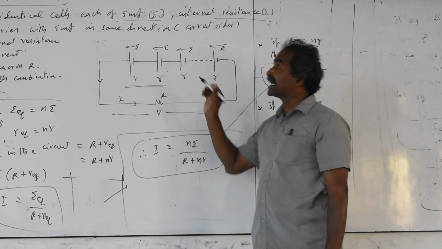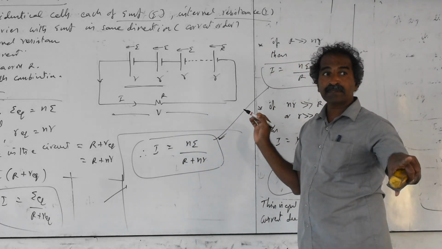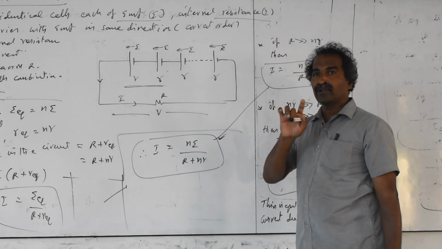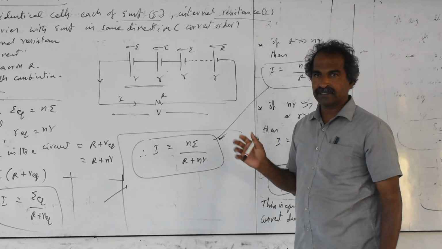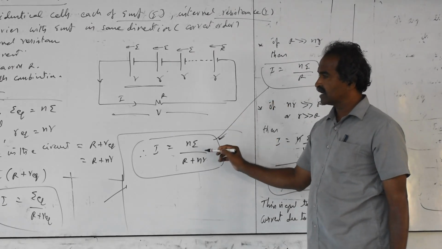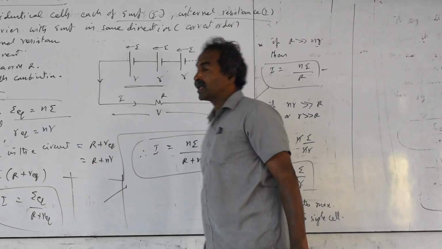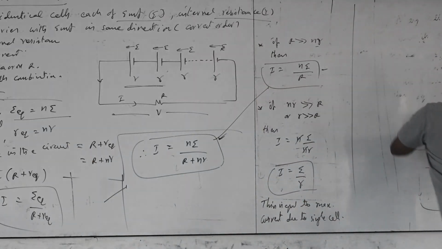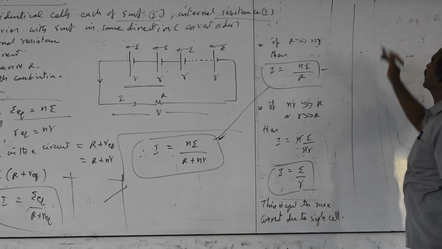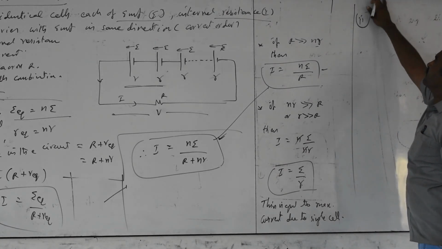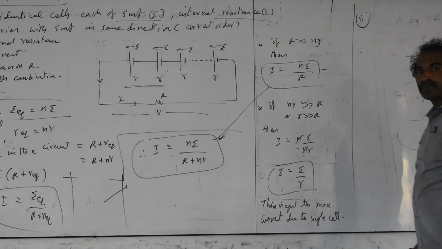So if you take n cells in series, in that m cells are in reverse order, then you have to take 2m cells minus. Formula is same, resultant. Only resultant EMF terms you have to take care of. Okay. So now we will take the cells reversed. This is also for the problems purpose. Theory exam also can be asked. PU theory exam also they may ask you the problems related to this.